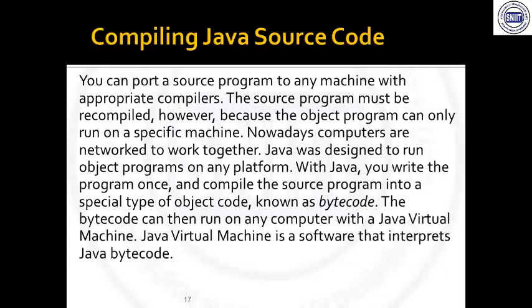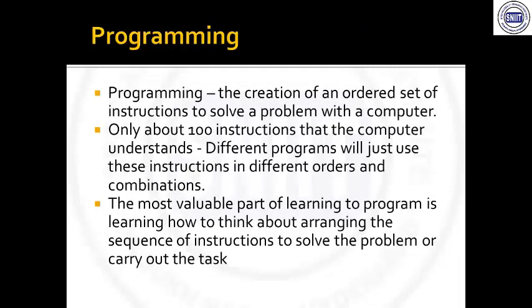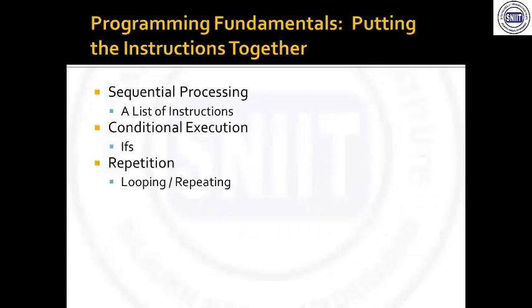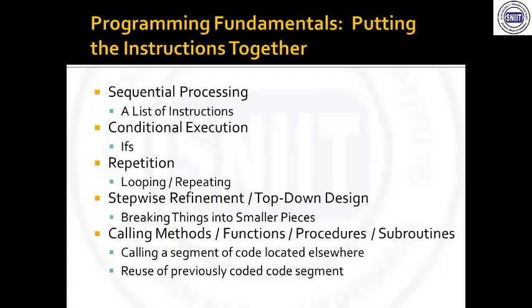Okay, this is some programming language. Here, this is what programming is. These are the basic things required to write any program. Sequential process means a set of instructions we put together to perform a particular task. If you want to write a small program, this program has to receive some parameters or numbers as input, process them within it, and give output. Here the sequential process means a list of instructions we are putting together as a program. So this is sequential processing.